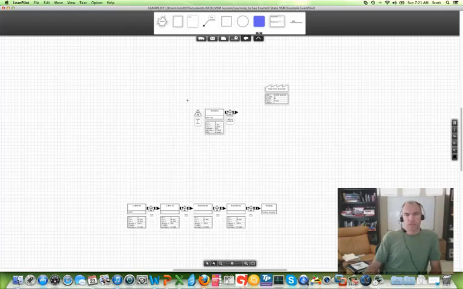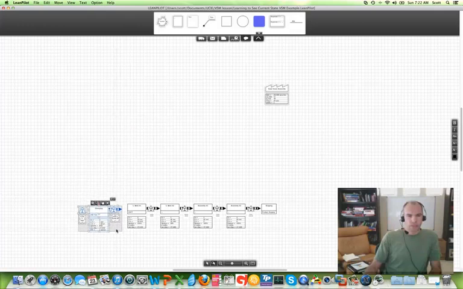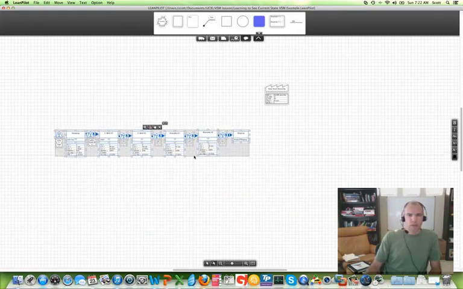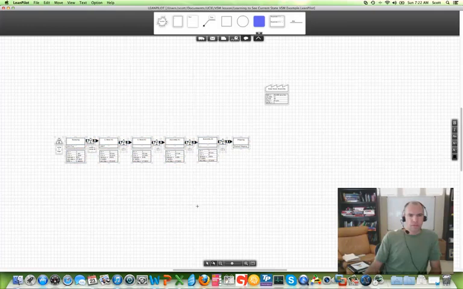What select mode does is it allows you to grab a bunch of shapes at one time and move them around. So I'm going to grab all these shapes. You can see I can move them as a group and get them lined up with my process here. Now you can see I've got my process in line with the rest of my steps. So now I can grab this whole process stream as one big chunk of steps and place it right here next to